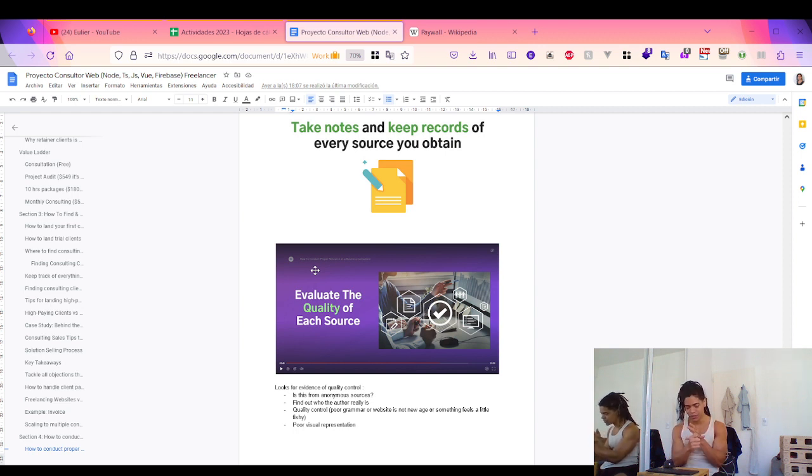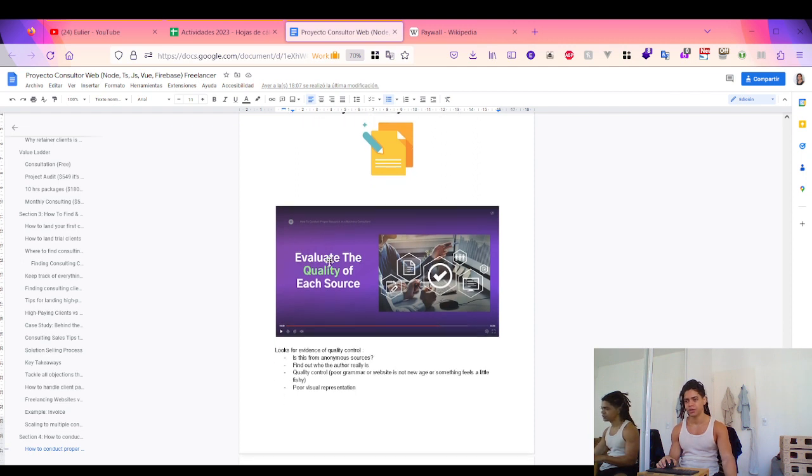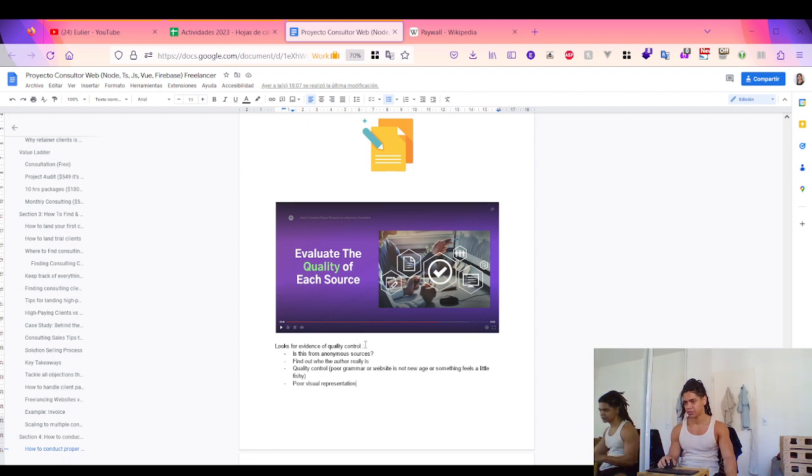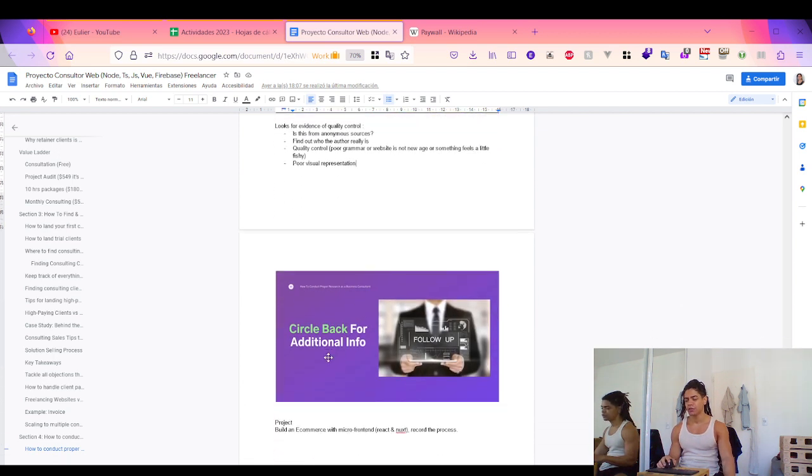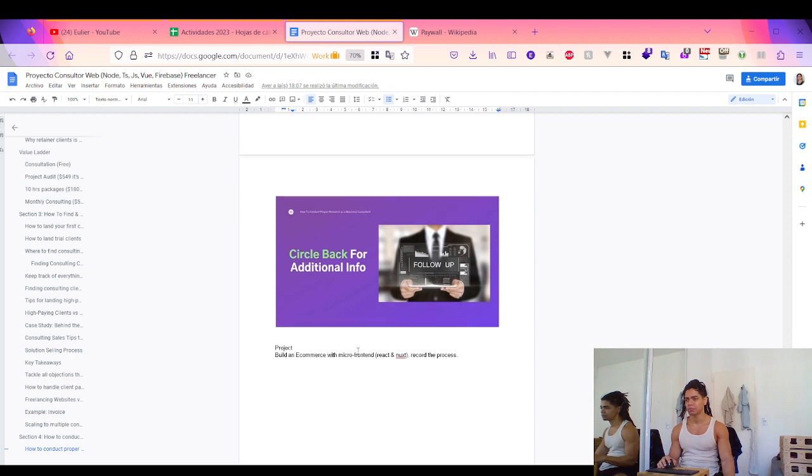Quality control, meaning that, well, there is some poor grammar on the website, or there's not a new age design, or something feels a little fishy, and poor visual representation. This is something that you can apply for the data that comes from the company, or from trusted sources, or from aggregates. And don't forget to circle back to that, right?